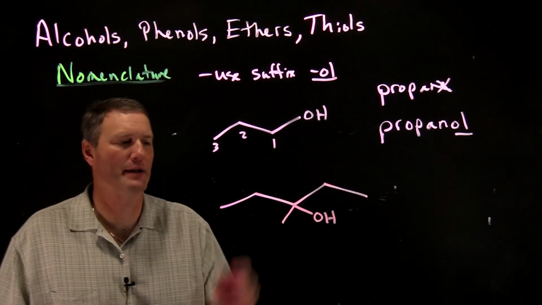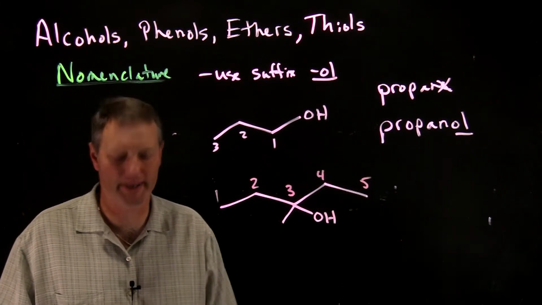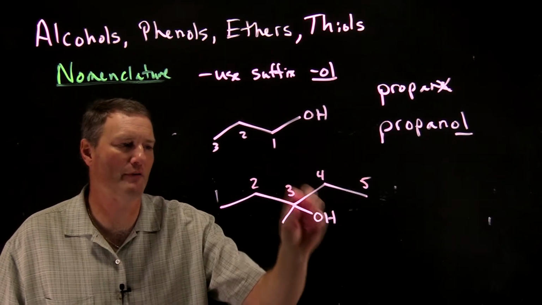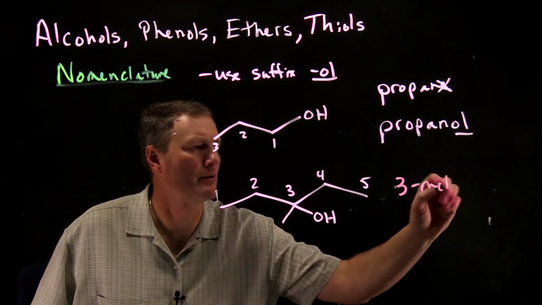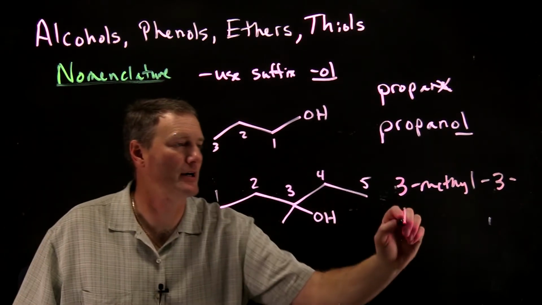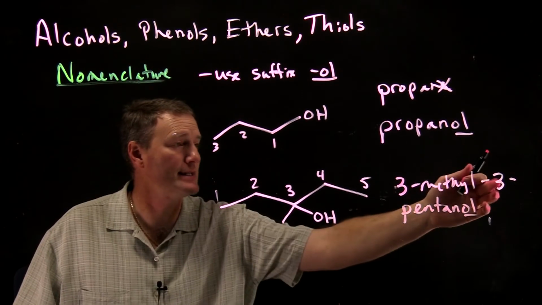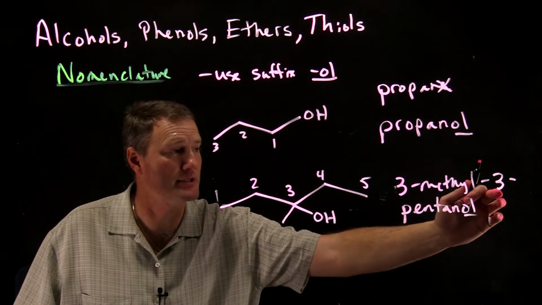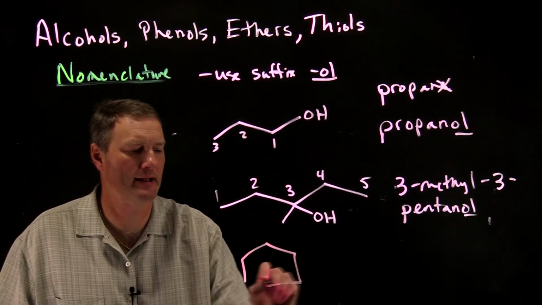So here's a compound now that if we were to try and name this one, we would number it in this fashion. See, we have a 3-methyl group, and then our alcohol is coming off of the 3 position here. So this would become 3-methyl-3-pentanol. Okay, and again, this 3 is indicated right in front of the word pentanol to indicate the position where the OH is coming off. Lastly, let's take a look at